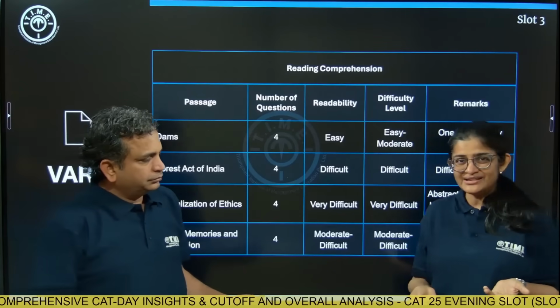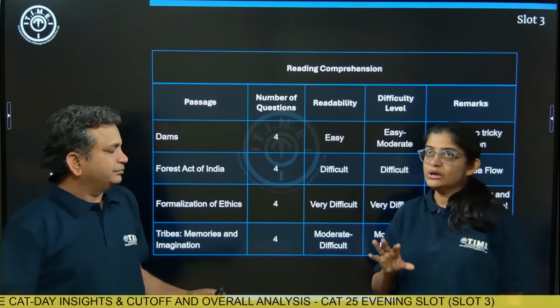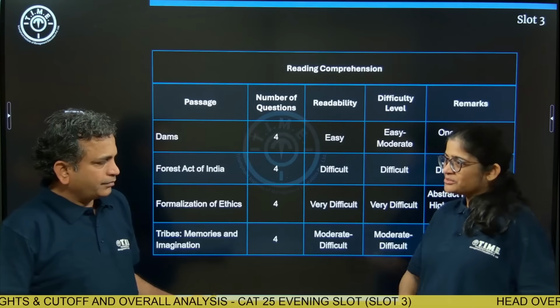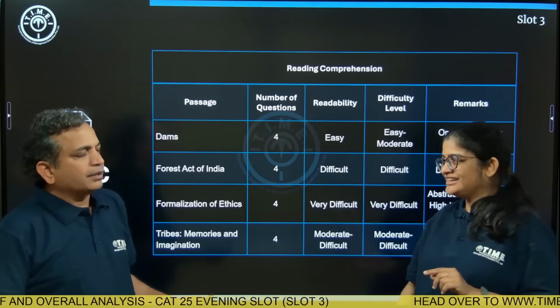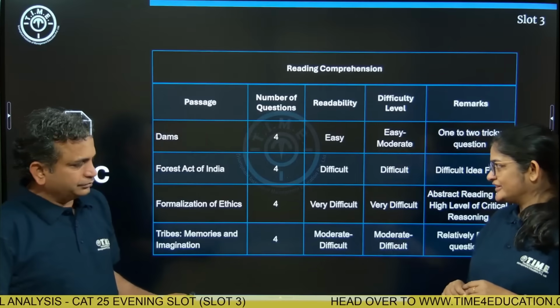If you don't get the idea flow, how do you answer the questions? Yes, there were no in-depth critical reasoning kind of questions. But the problem is all the questions required an overall understanding; there was no very direct, detailed kind of question. So it was a difficult set, we could say.